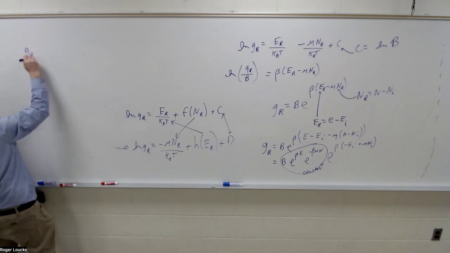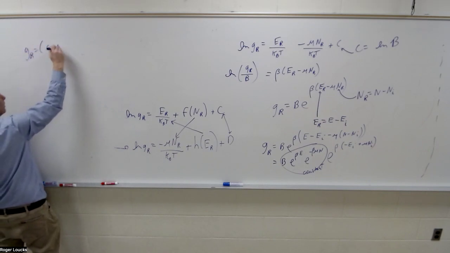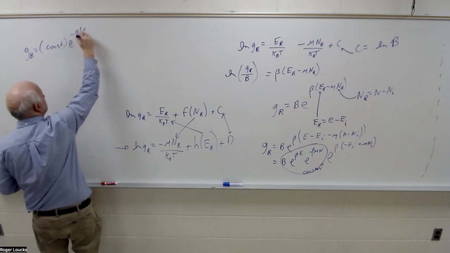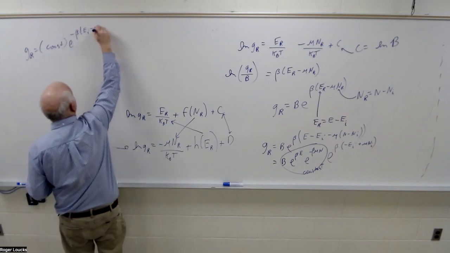That this GR is some constant term I could care less about. Okay. E to the minus beta, EI minus mu, and